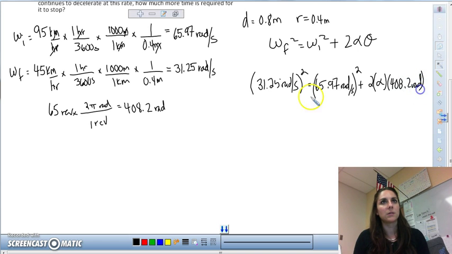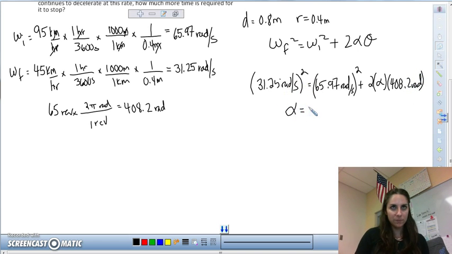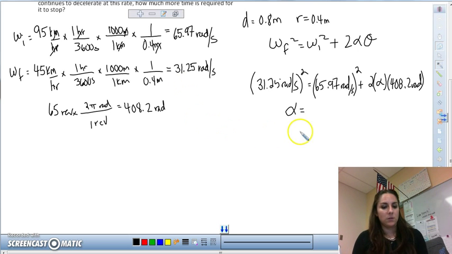So solving for alpha, 31.25 squared minus 65.97 squared, divided by 2, divided by 408.2. Great. We get negative 4.13